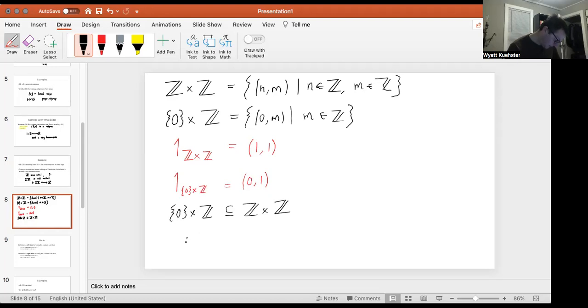But the map i from 0 cross Z to Z cross Z that takes (0, n) to (0, n), the inclusion morphism,